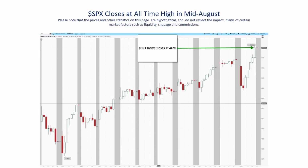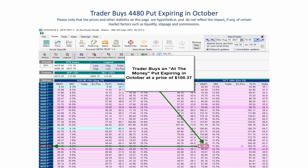And so suppose that a trader buys an SPX index put expiring in October, right around where the SPX index closed at 4480. Now that option will pay off $100 per point that the index closes below 4480 on October 15th when the option expires. And that would be legitimate protection to pay on its own if you were concerned about protecting your long equity